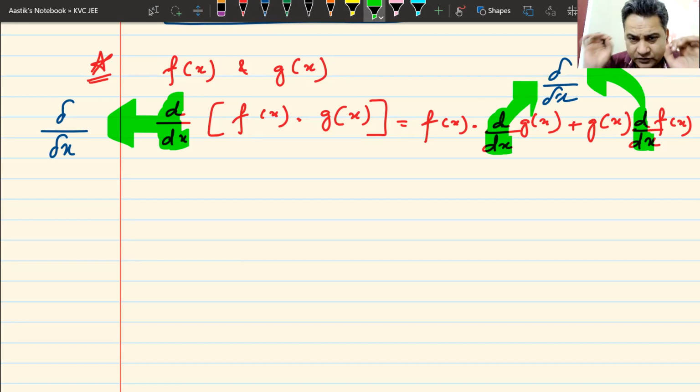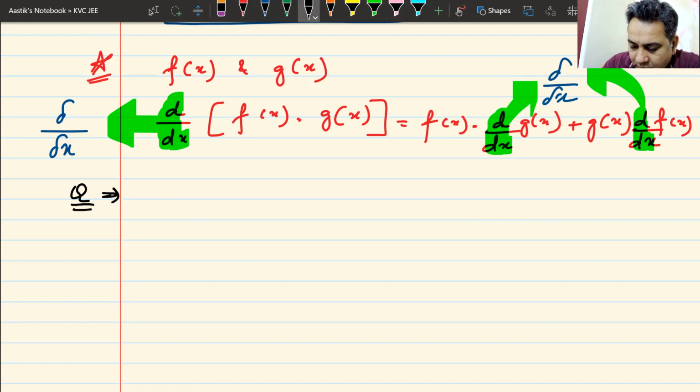So I'm going to give you a small example of how I can use this, because the next question is based on this. If you do that small example, you would be able to solve the question. So this is the question coming up your way. I have to find d by dx, the derivative of x squared sin x. I'll give you a minute.